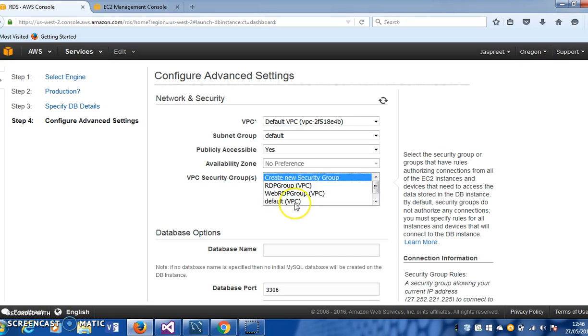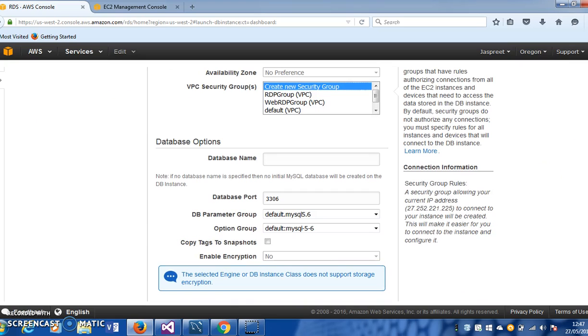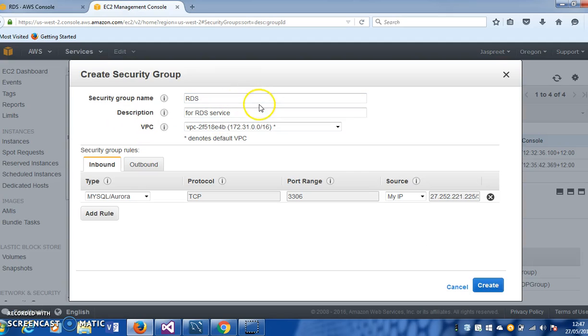If you already created one, then select it from the list. If you have not created one, then select create a new security group. For the new security group, you just have to fill in the name of your security group, a description of why you use this group, and then select the type of the rule, and then select the source like my IP, and then click on create. But we already created this one, so we don't need to create it again. So go back to your